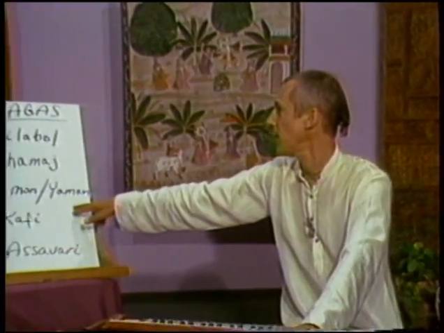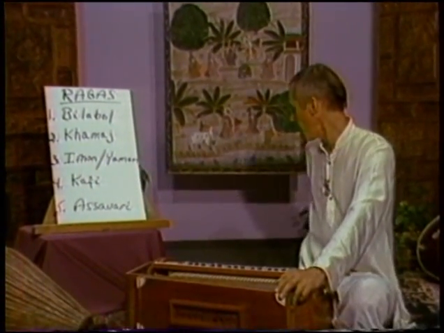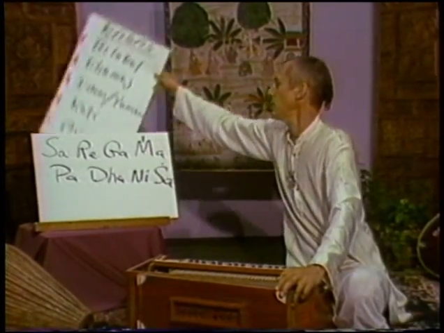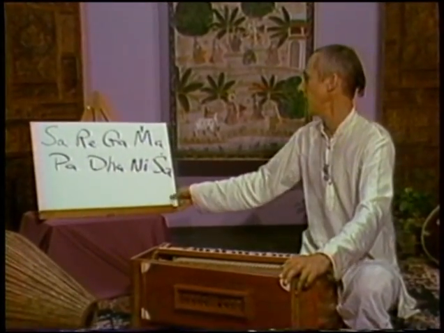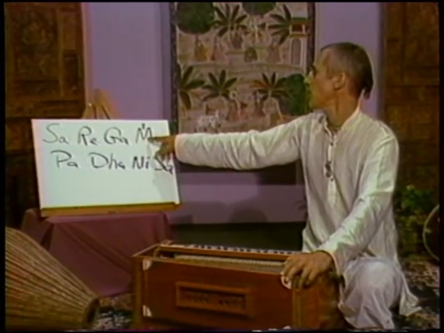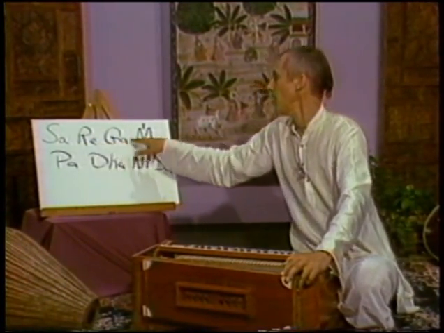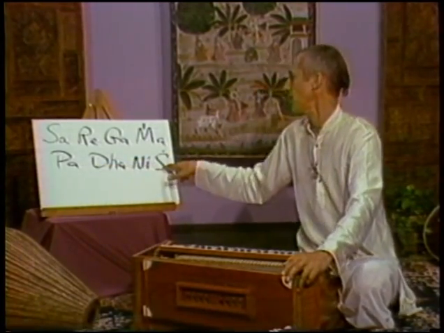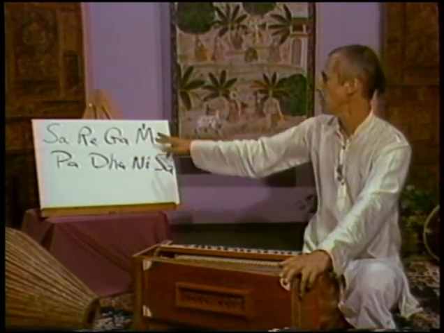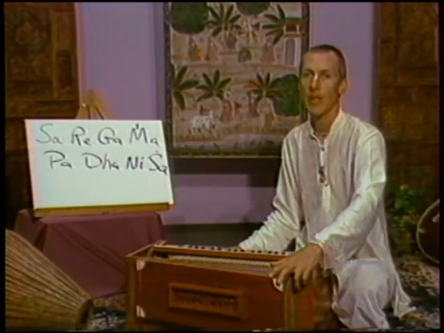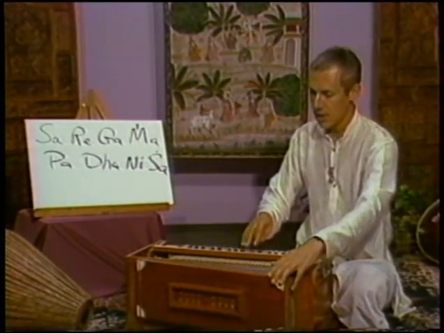So over here on the card we can see number 3, Rag Iman or Yaman. And here we can understand the difference between this rag and the other rags. This is the tibra ma that we discussed earlier. Sa, re, ga, tibra ma, pa, dha, ni, sa. All the other notes are shuddha and tibra ma. Going up and coming down, this raga is the same. And it would sound something like this.